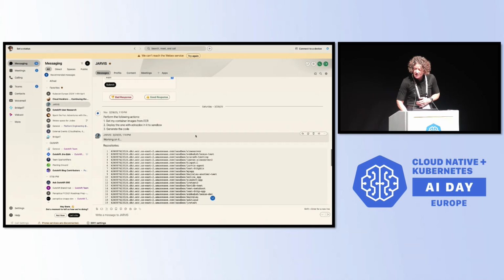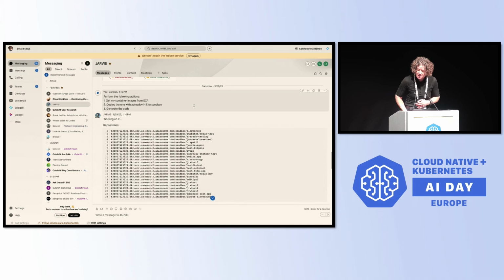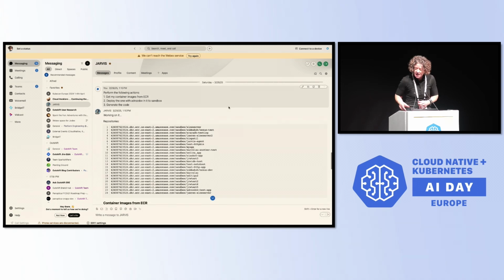And then similarly, I think this is more interesting, the Kubernetes case. I can ask it to go off and fetch my image and deploy this particular container. And I could have it create the code for us to deploy it.